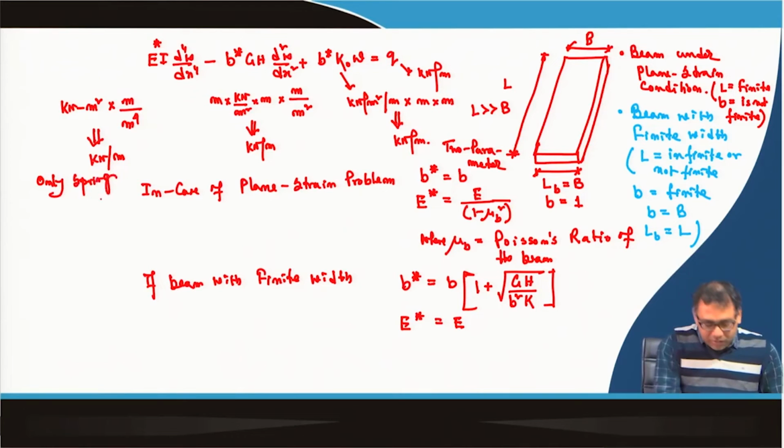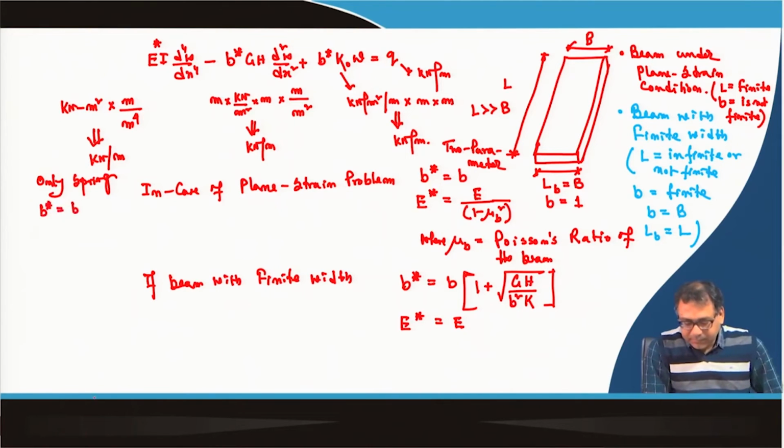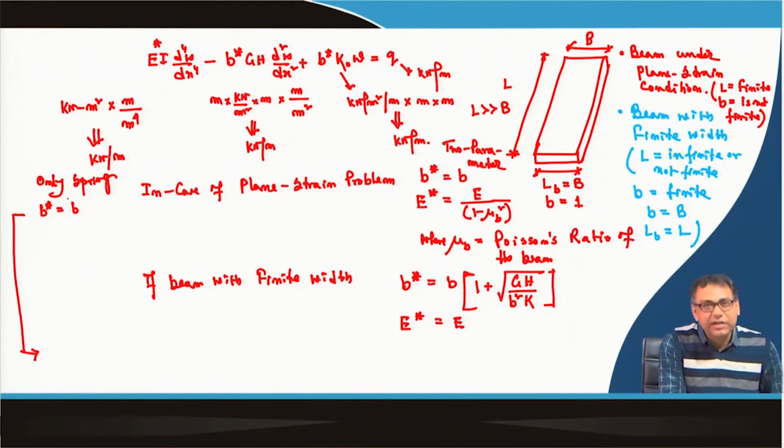So, this case also the B star will be equal to B, okay. And if your spring problem is there, so in that case your expression will be, I am just first writing the expression. If it is only spring, then the expression will be E star